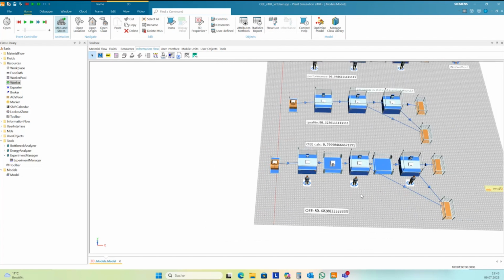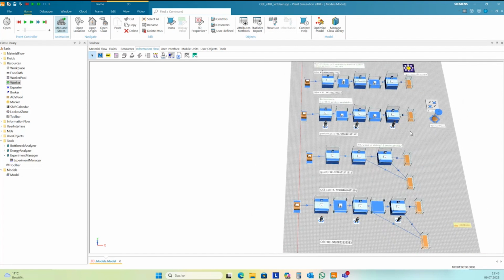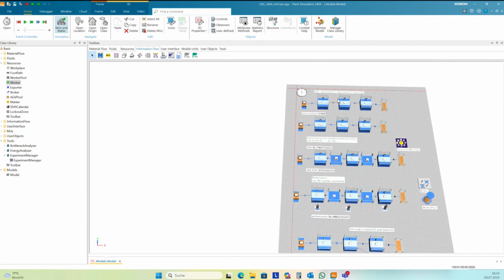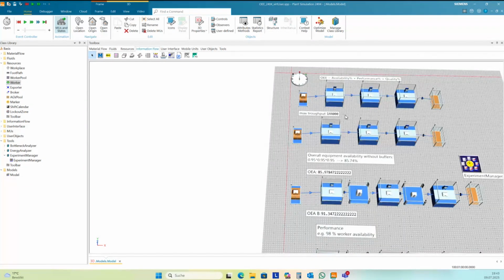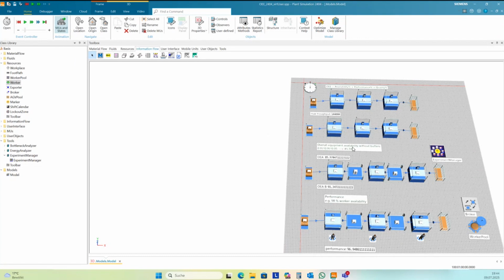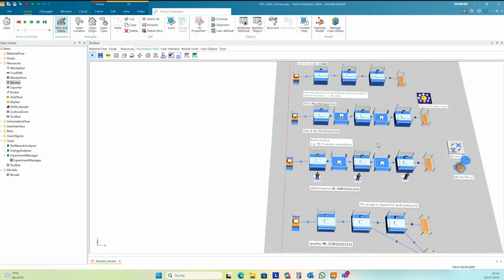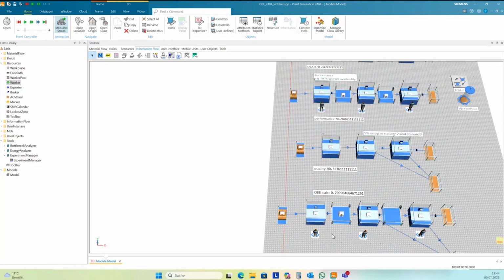You need to calculate once with a simulation run without any disturbances. Or you can calculate the maximum throughput during a certain time, include all the elements, and then you have the OEE directly.